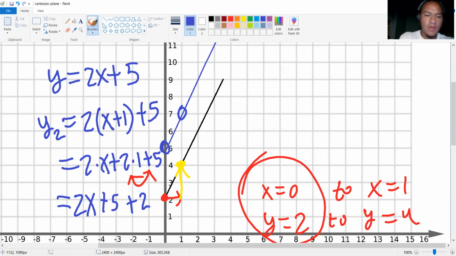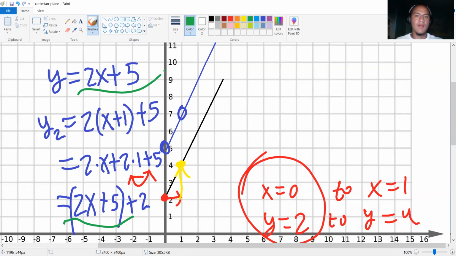And when you put this in parentheses, which is association, you could see that in green, these are the exact same thing, except, remember, this is y2, the second y, which is different from the original y. They use the exact same equation, except the difference will be outlined in orange. We've increased the entire thing by 2, which is what I've been trying to say all along. Every time that you increase x by 1, in orange, y goes up by 2.